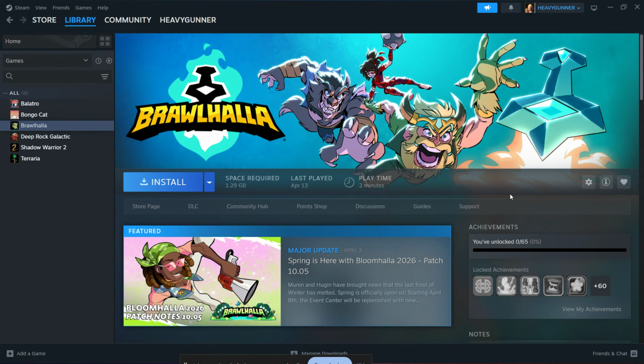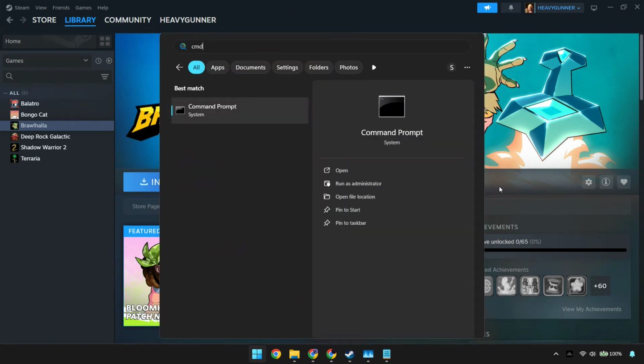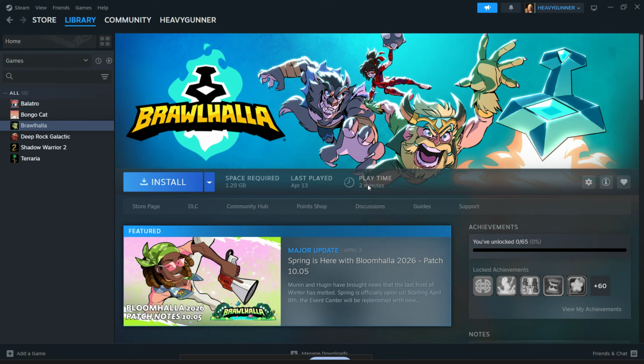Let's jump in. The first thing you want to do is flush and reset your network settings because this is the most effective fix for Steam error code 106. To do that, click the Start menu, type Command Prompt, then right-click it and choose Run as Administrator. If Windows asks for permission, click Yes. Once Command Prompt opens, type